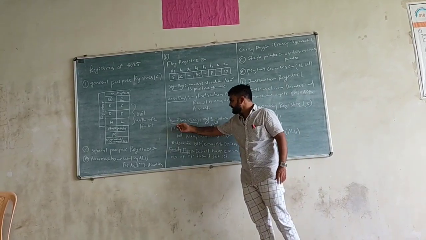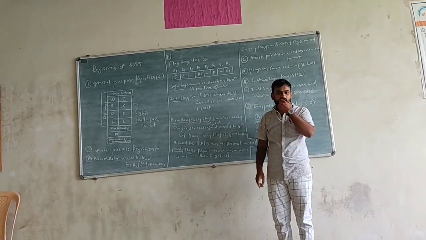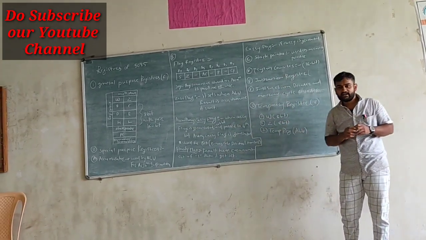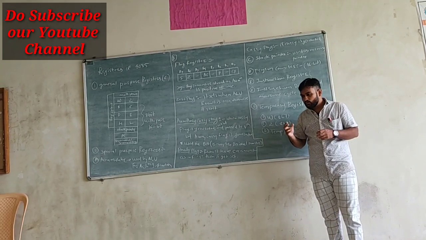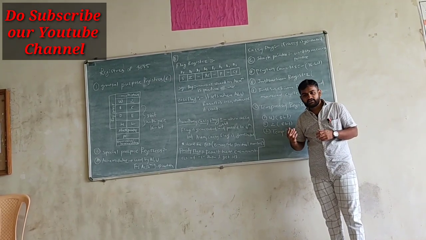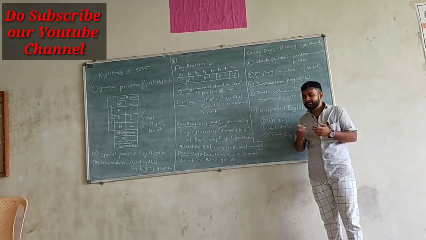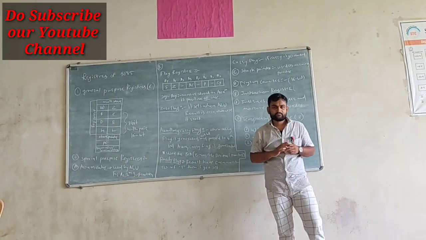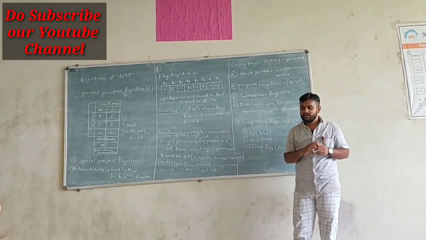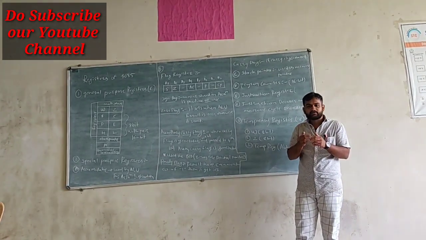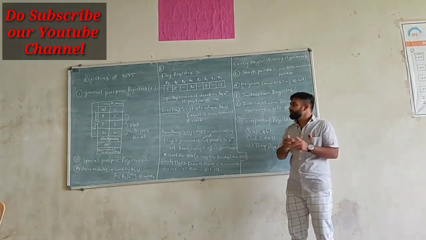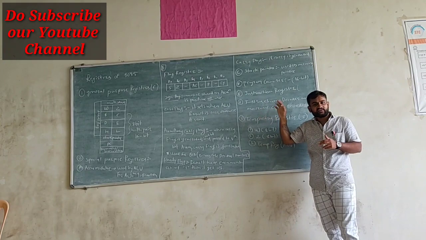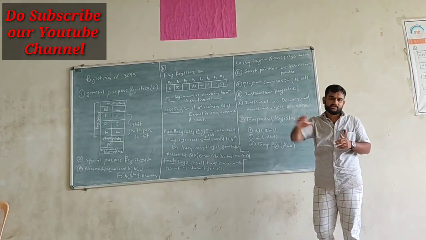Then we have the auxiliary carry flag. What is the meaning of the auxiliary carry flag? First we have to understand the carry flag. What is the meaning of a carry flag? Whenever we process any arithmetic operation, maybe addition, subtraction, multiplication or division, if a carry is generated during that operation, the carry flag tells us if a carry is generated or not. The carry flag gets set if a carry is generated during the operation.